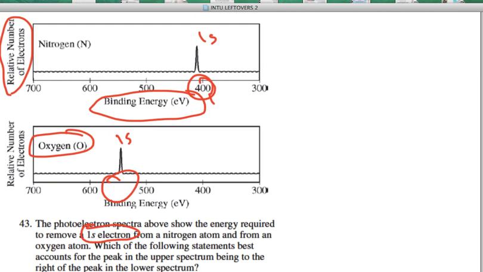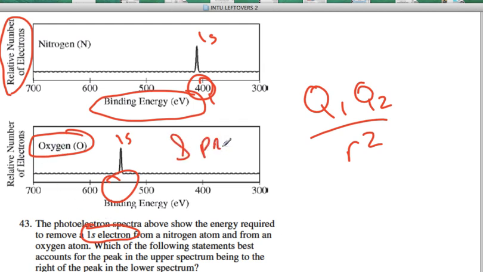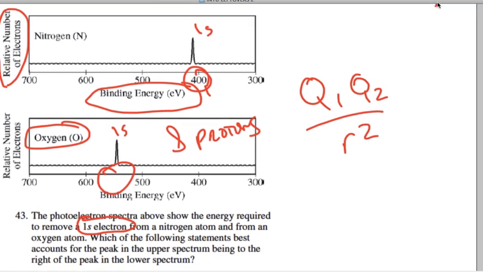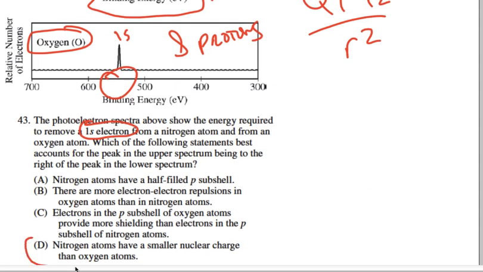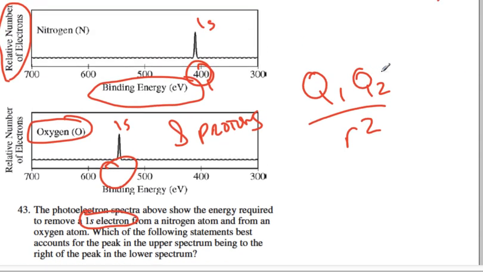It's distance, but ultimately remember Coulombic attraction is Q1 times Q2 over R squared. First and foremost, oxygen has 8 protons in the nucleus. It has a greater effective nuclear charge. So if you're wondering why this is the correct answer, why is it not nitrogen? The fact is nitrogen only has 7 protons, therefore it has a less effective nuclear charge, which means, since the charge is a little smaller, it's easier to remove the electron,